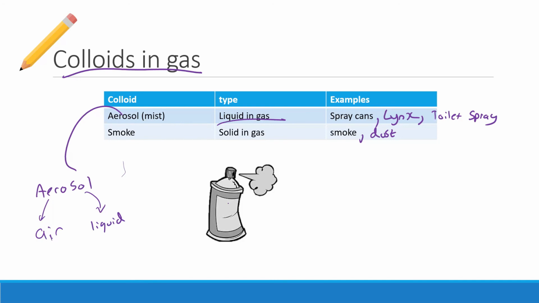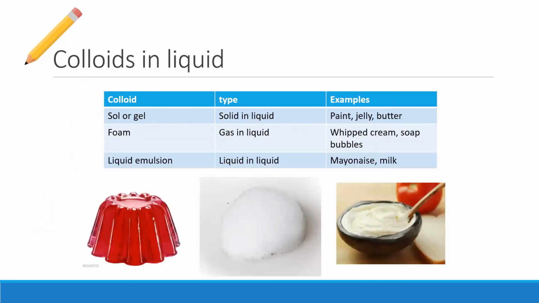Okay, let's move on to the next one. The next one is colloids in a liquid. There are three types of colloids in a liquid. You can get a sol or a gel, which is like paint or jelly, peanut butter,